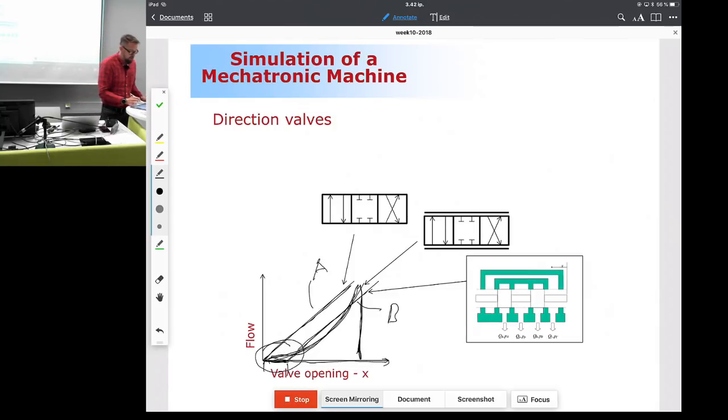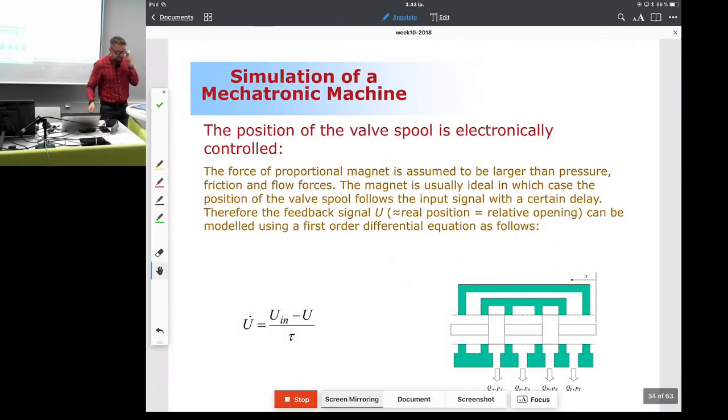So this is called a proportional direction valve, the one that is nonlinear. Okay? So you have all this stuff, more or less. Okay, what about the valve modeling business then? Now, typically,